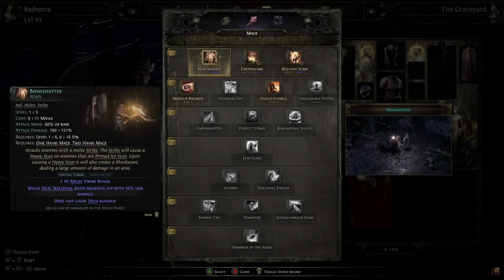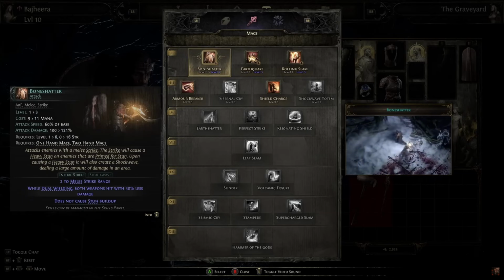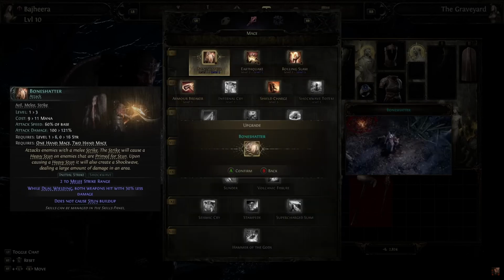While Bone Shatter is equipped, monsters display these indicators when they are close to being heavy stunned. Use Bone Shatter to heavy stun them instantly and deal a high